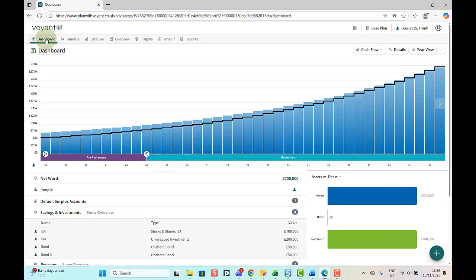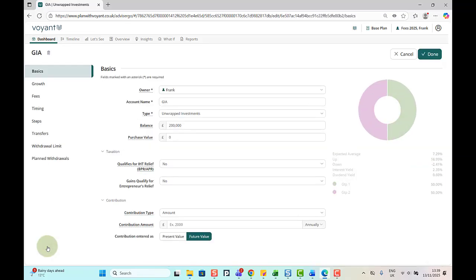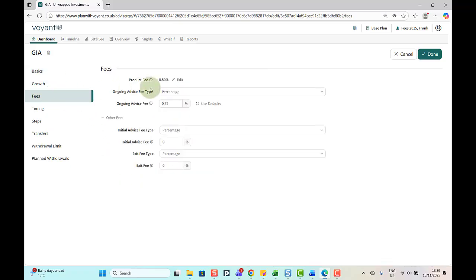So I'm going to go back to Dashboard, and I'm going to go and have a look at the general investment account. You'll see that it all works in the same way. Now, I put a balance in here of 200,000, but I put a purchase value in as 0, and the only reason I've done that is so we can show some capital gains later on with regards to the fees. I've got the growth rate again of 6%, and there are the fees again, the product fee of 0.5% and the ongoing advice fee of